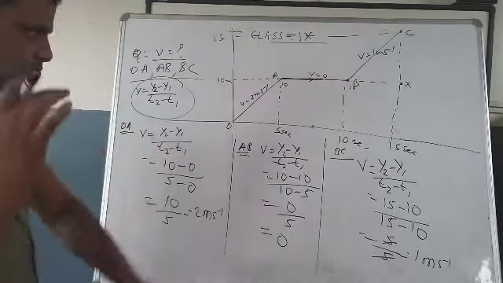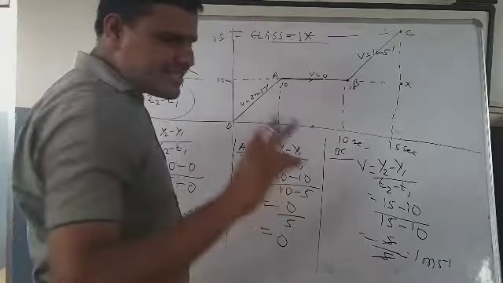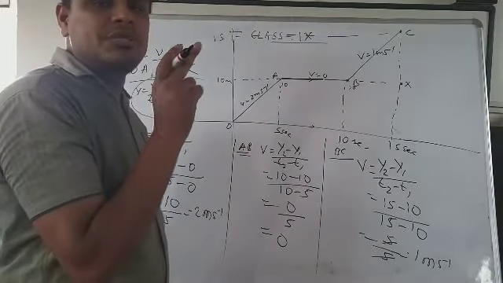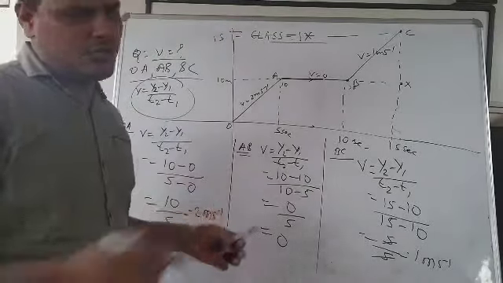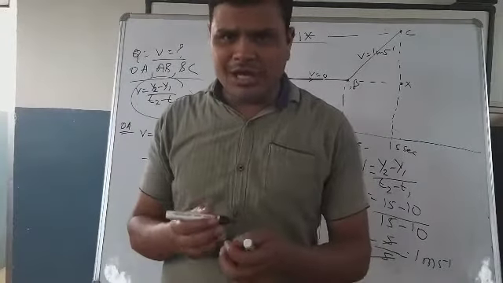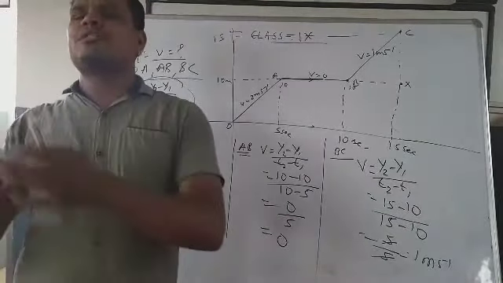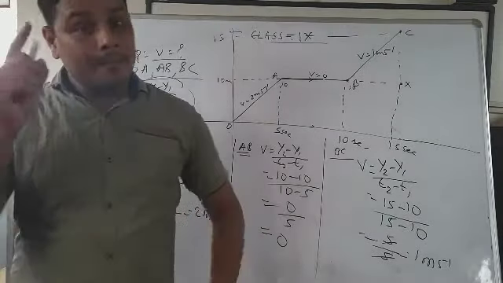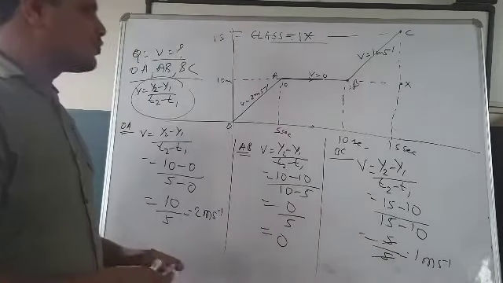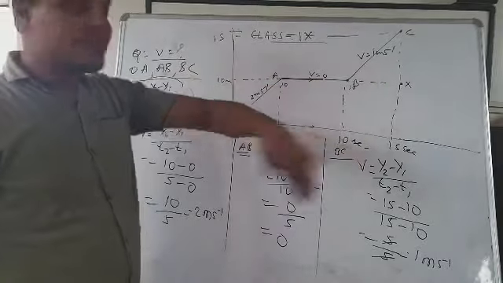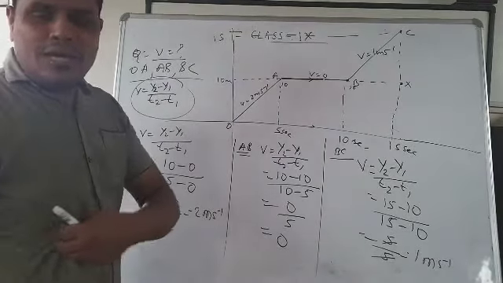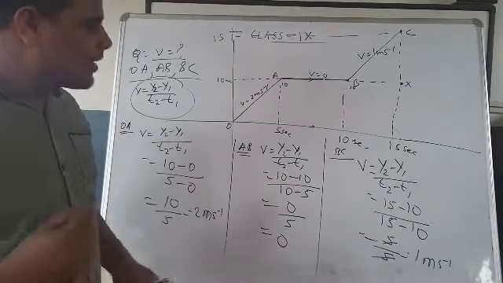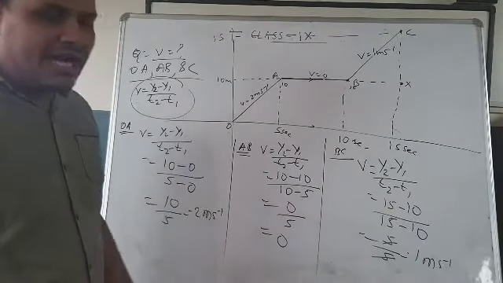So if you have understood this graph, in class 9 maximum questions used to come in the form of a graph. Directly they will not provide you the question that U is this, V is this. This is simple. Maximum questions in class 9 used to come in the form of a graph. They will provide you the graph, and with the help of the graph you can do your task.